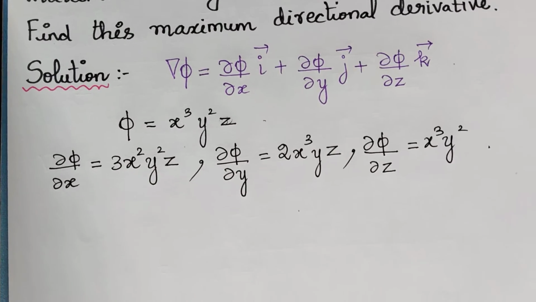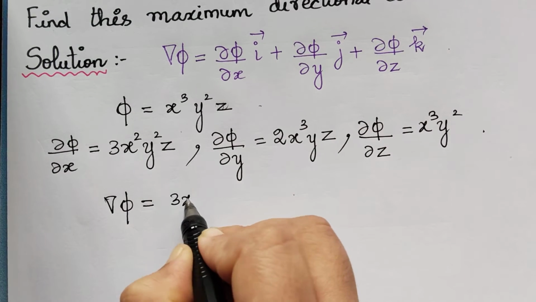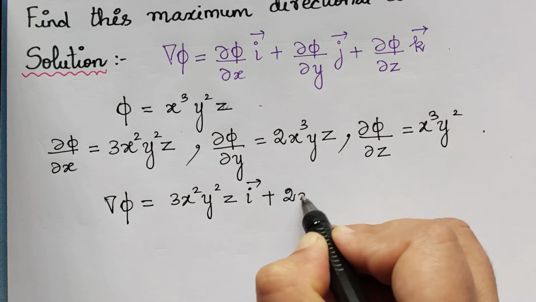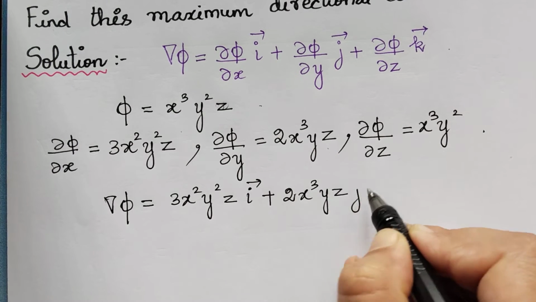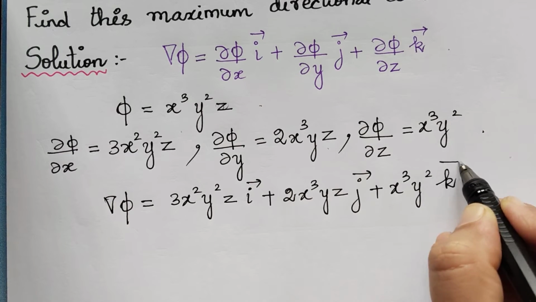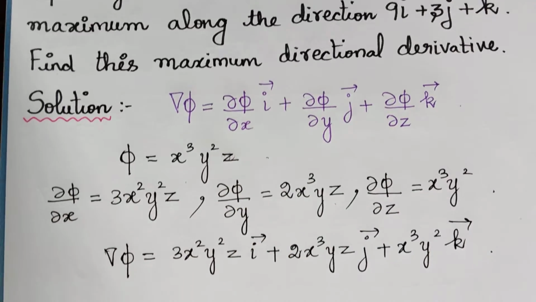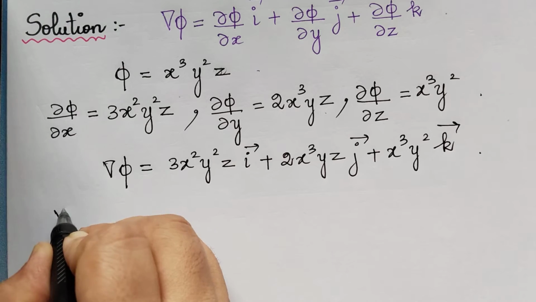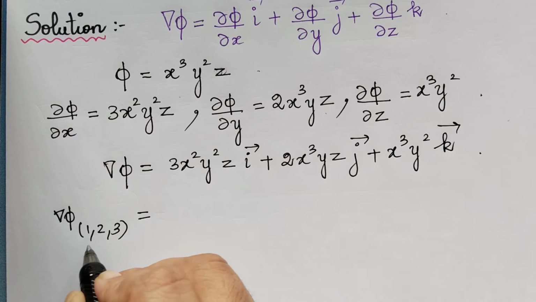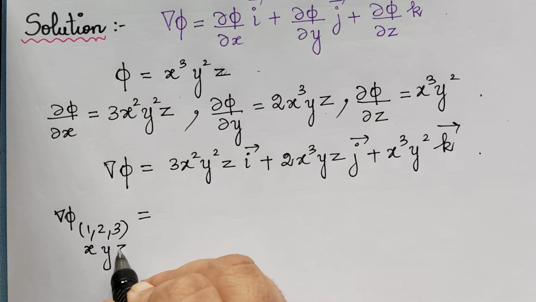So after finding this, we have to substitute in this formula. So nabla phi will be equal to 3x square y square z i vector plus 2x cube y z j vector plus x cube y square k vector. Now the point given here is 1, 2, 3. So this we have to find at the point 1, 2, 3. So nabla phi at the point 1, 2 and 3 is equal to. At the place of x we have to put 1. At the place of y we have to put 2, and at the place of z we have to put